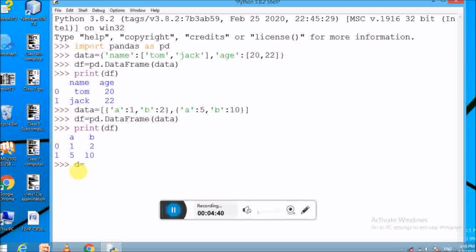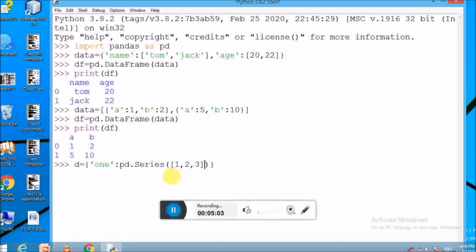First type the code d, and we want to create the dictionary of series, which means we have to pass key-value pairs, but inside the value we have to pass a series. So pd.Series, and inside this series we have to pass some values.